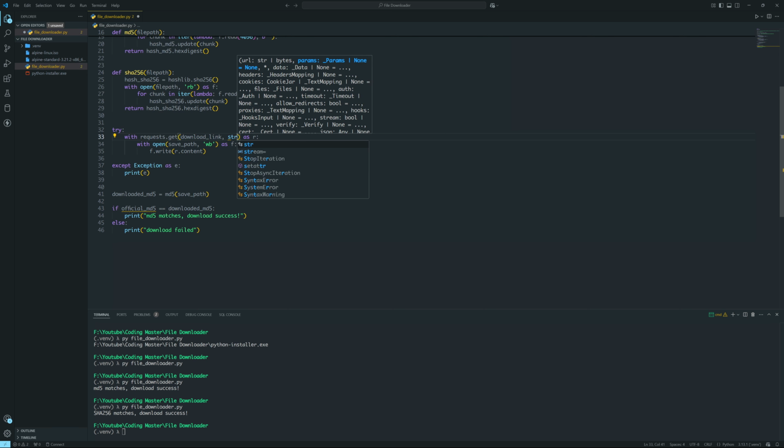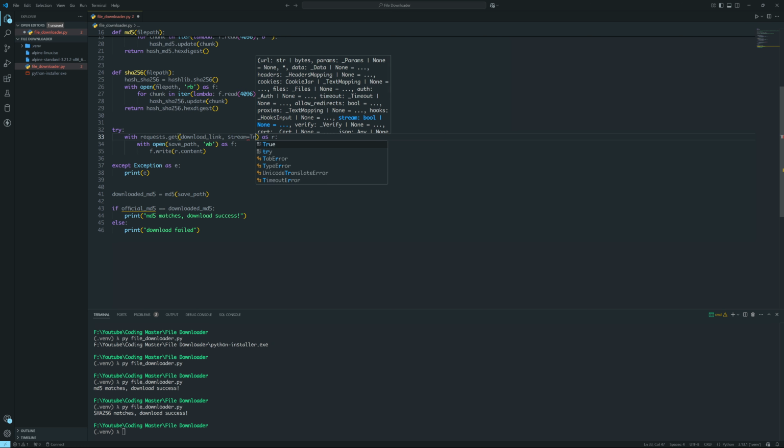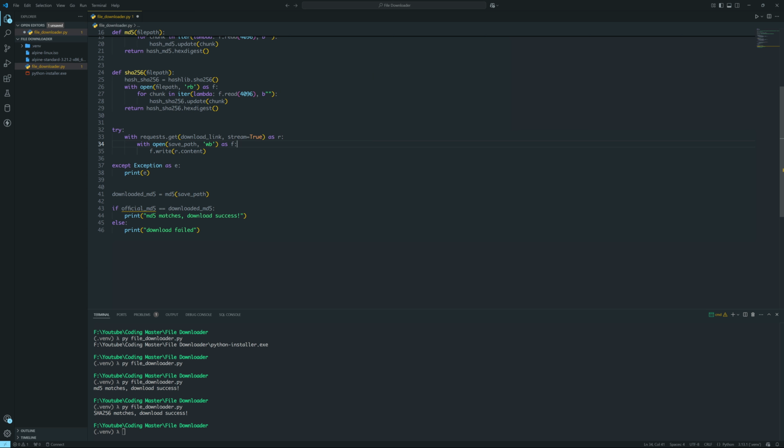So let's call it stream is true. And then whenever we save the file, we don't want to save the whole content. We want to save it chunk by chunk. So let's write a for loop for chunk in r.iter_content,